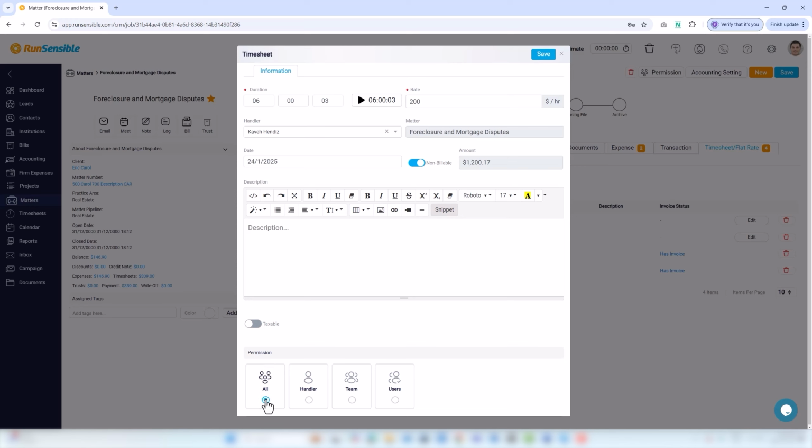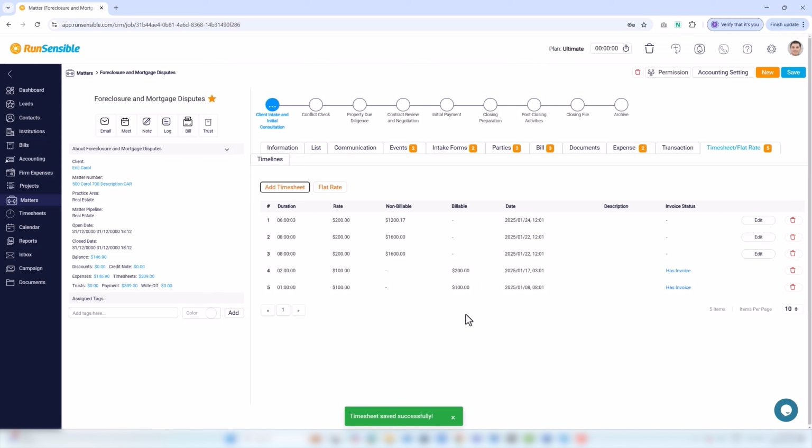The permissions functionality works the same way as previously explained, providing control over who can access specific timesheet information within your system. Once you have done this, click on the Save button on the top right side to save the timesheet. The next feature is the Flat Rate button, which allows you to assign a flat rate to the matter